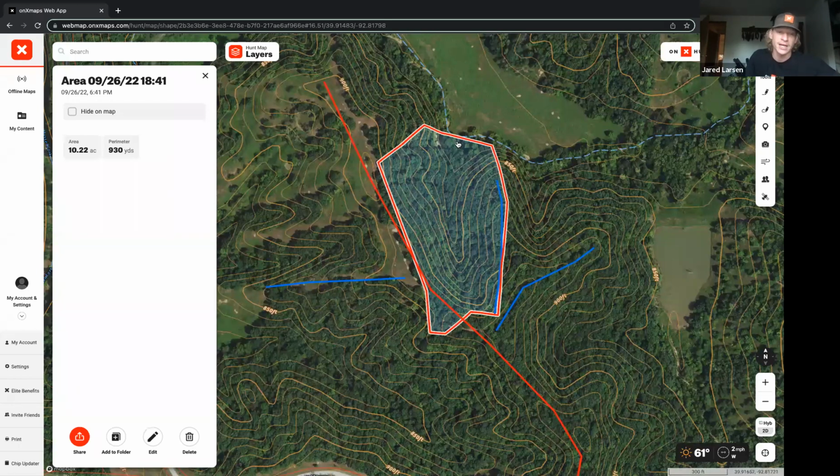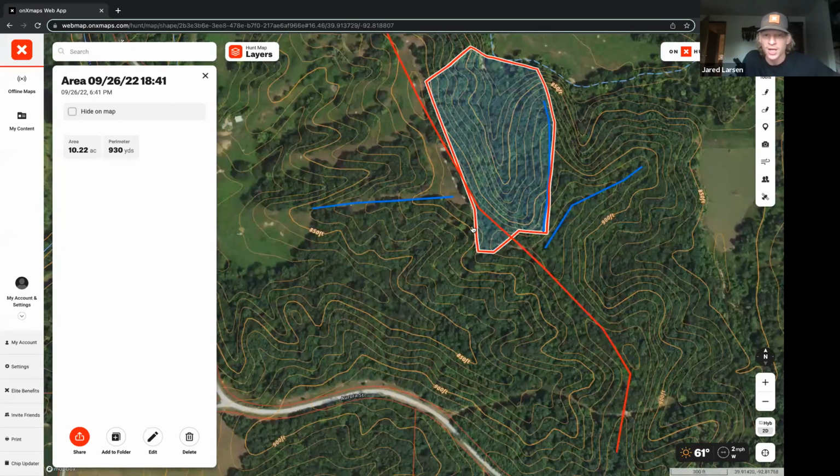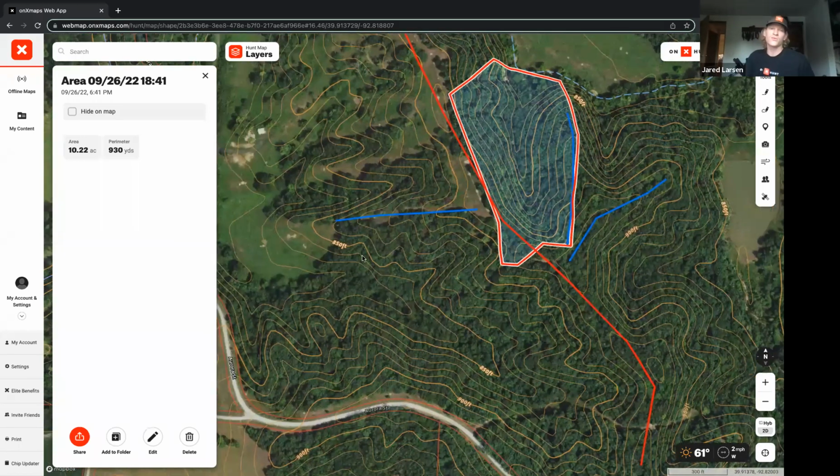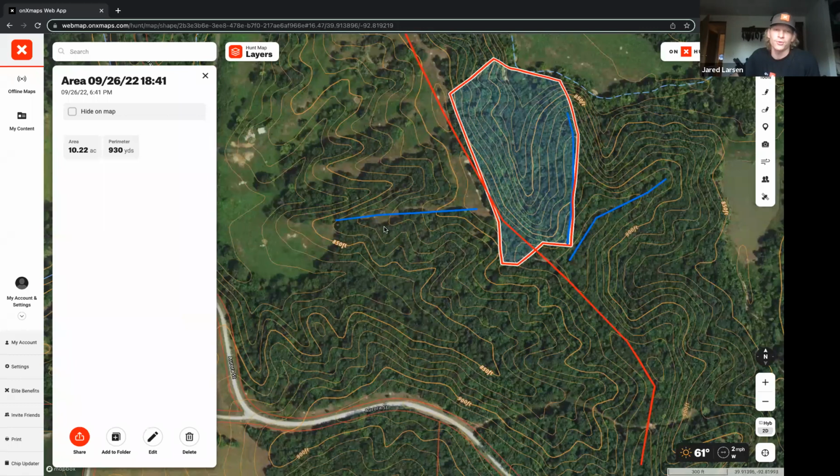This would be a very interesting spot, in my opinion, as you have this creek bottom down here, this big natural terrain funnel that comes up to this saddle. That to me is just going to be an area of interest that more than likely bucks are going to be cruising from this drainage up and over this saddle into this drainage. Again, just finding those easy to travel routes to get from bedding area to food source, cruising for does,